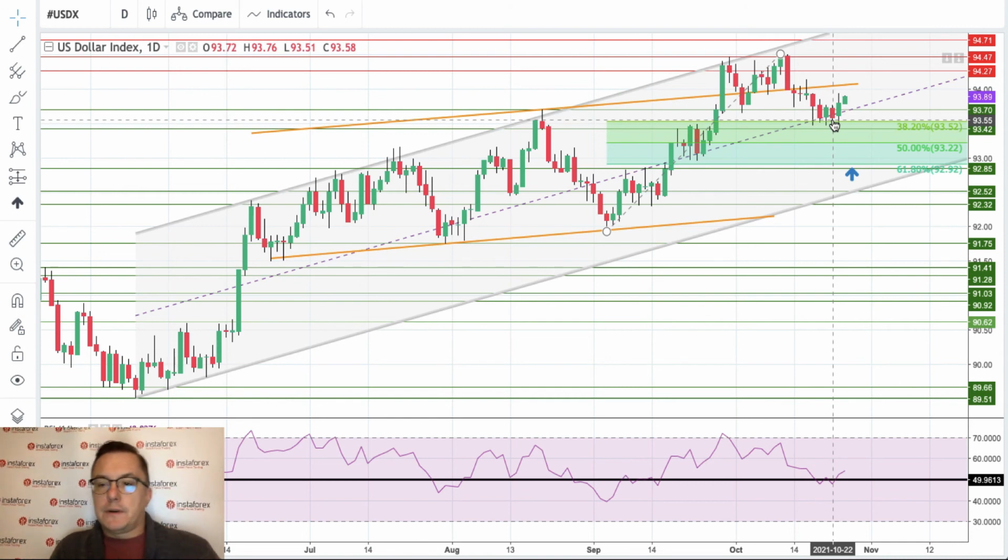we have a first day of up move, right? We broke above the level of 93.80. Yesterday's high was 93.93, and today maybe we will go a little bit higher. As you can see, the RSI is bouncing from the level of 50, which is the neutral level. So maybe if we get towards the highs from the 18th of October at the level of 94.14, there is a chance to test the recent technical resistance 94.27 and 94.47. So maybe the US dollar index is bouncing.